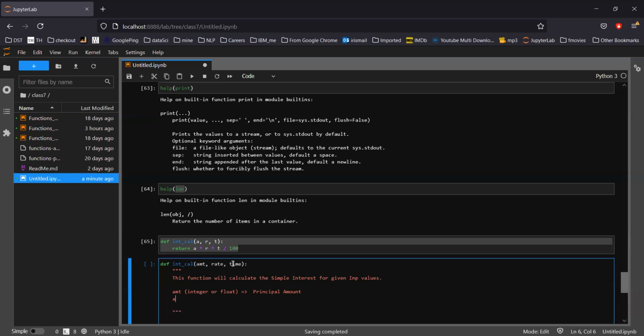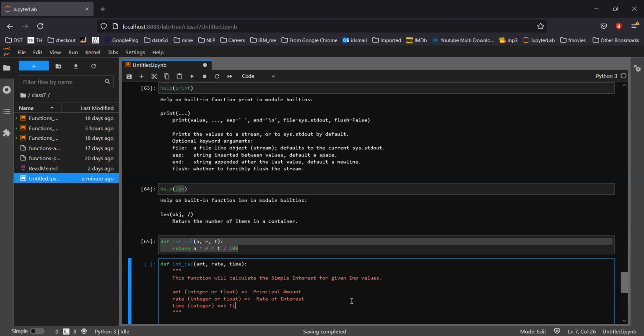The next line is rate. I'll accept the same thing, integer or float. I'll write it down: rate of interest. Then time; let's say I'm expecting only an integer, so I'll mention integer.